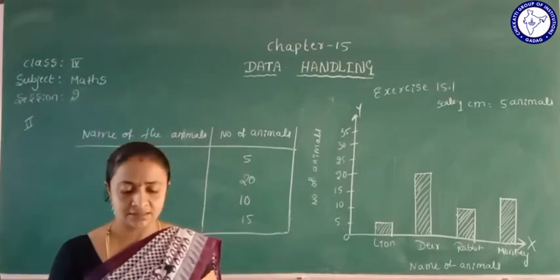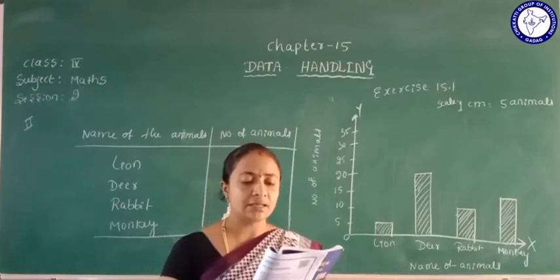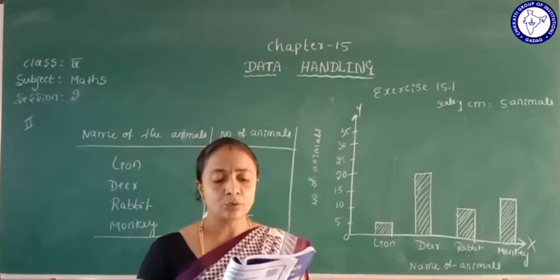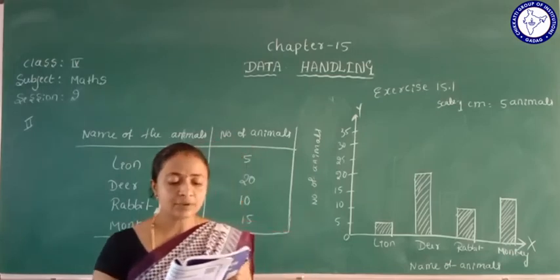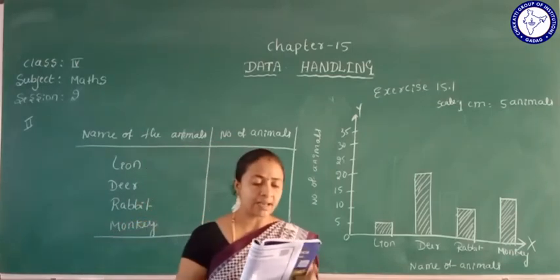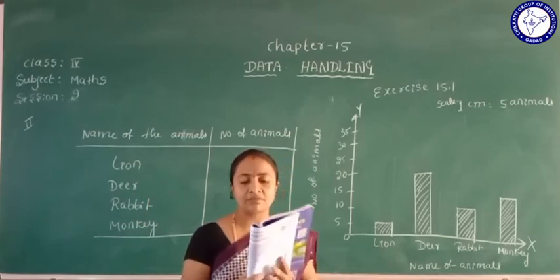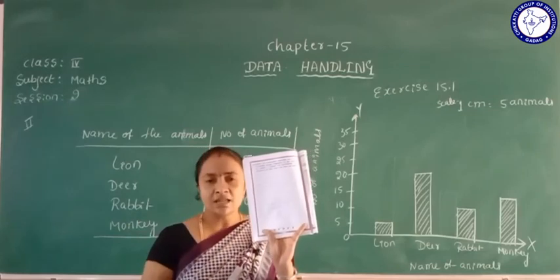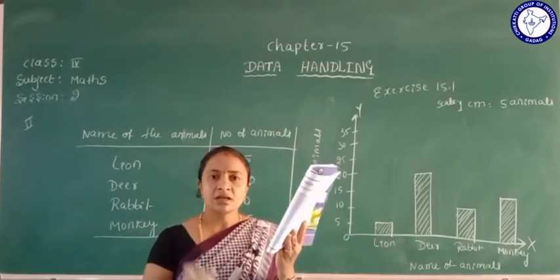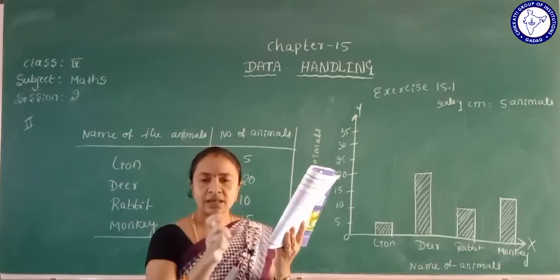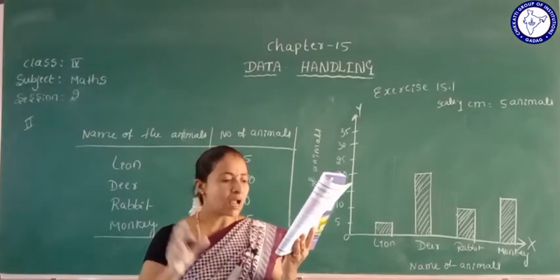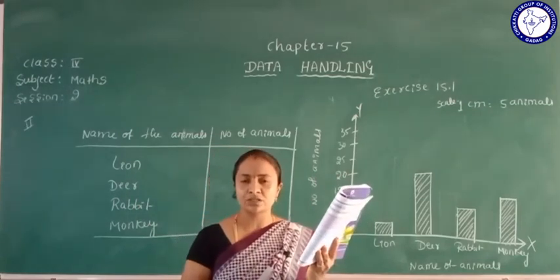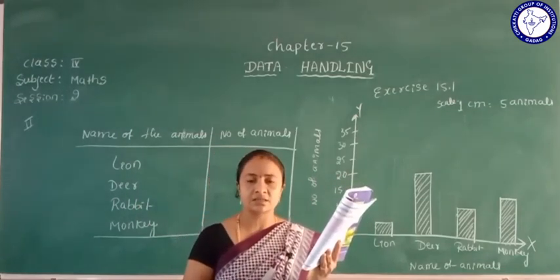Next is the third question. Collect the information regarding 4 activities of the Pratibha Karanji program in your school and the number of students who participated in them, construct the table, draw a bar graph and explain. You can try it yourselves. I'll give a clue. First write down the name of the competition and the number of students. Name of the competitions, which you will take from the Pratibha Karanji.